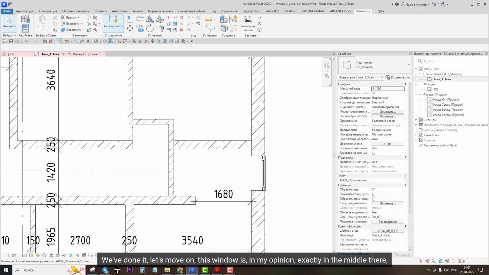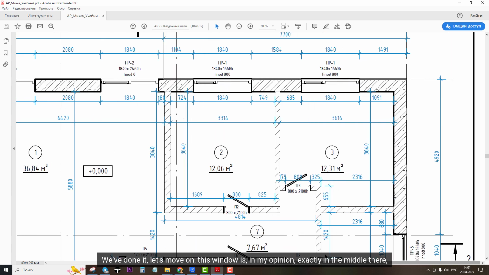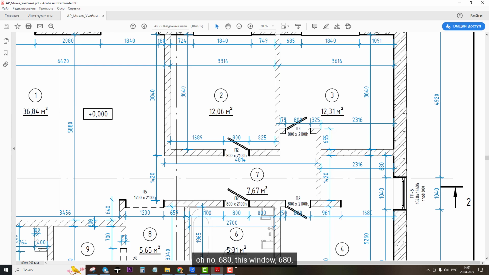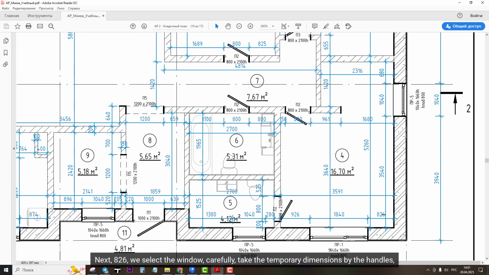We've done it. Let's move on. This window is, in my opinion, exactly in the middle there. Oh no, 680. This window, 680. Next, 826. We select the window,